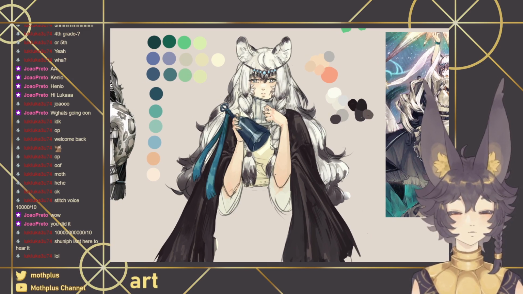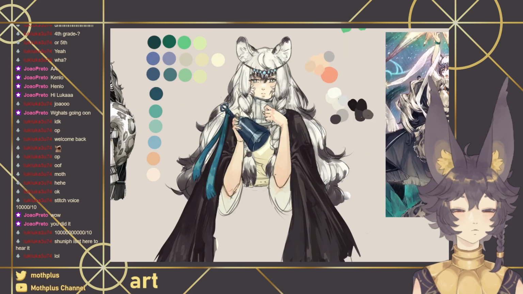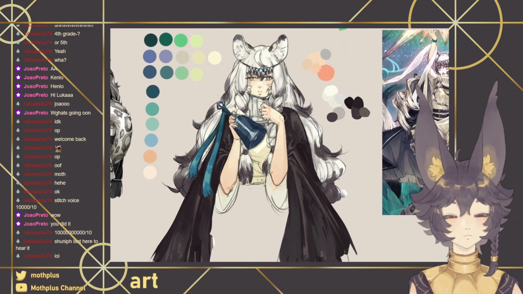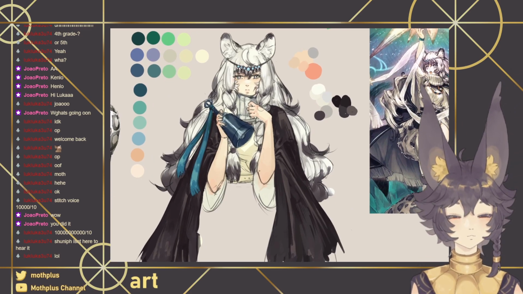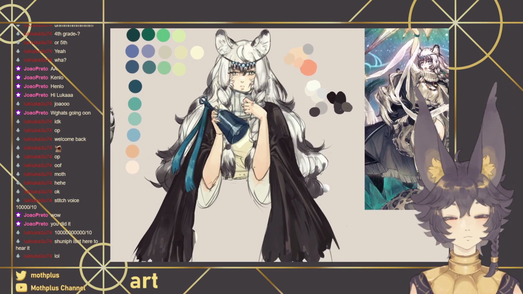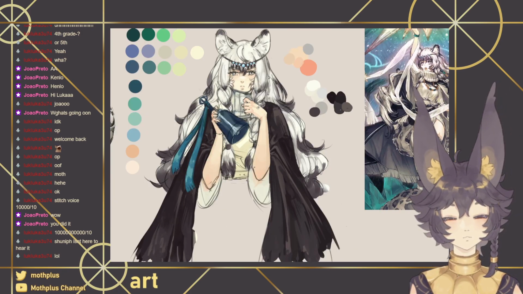Ooh, TBH. Okay. Sure. Let's go with this. And then continue. No, I don't want to use that color. I'm gonna use like this color.